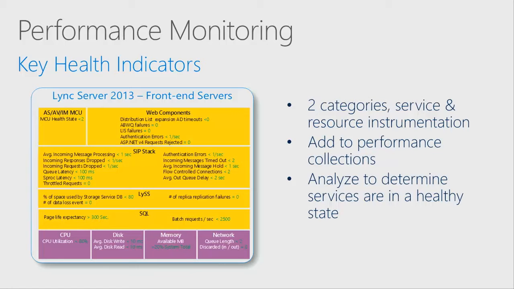I don't know if you're like me, but when I first started deploying things like OCS 2007 and Lync 2010, and I looked at the performance instrumentation that got loaded by those applications, I was overwhelmed by how much was there. It was like, okay, what's important? What's not important? There's hundreds of them. And it's hard to know what to really look at and drill down in. So this is a great way to look at, I think you said 80 performance collections, so it really reduces